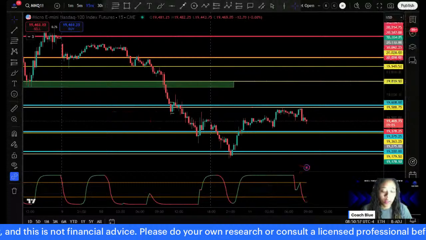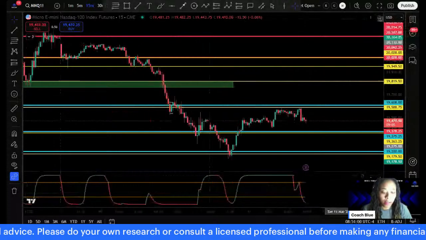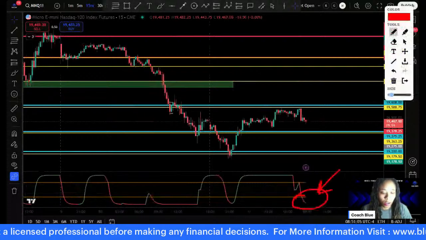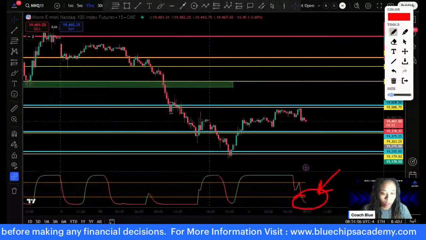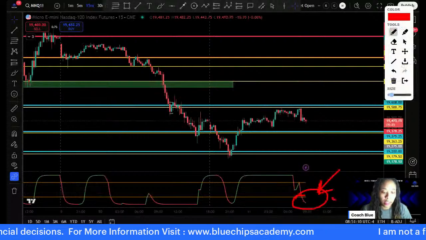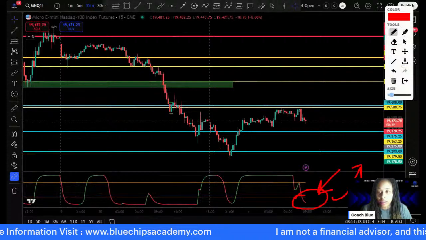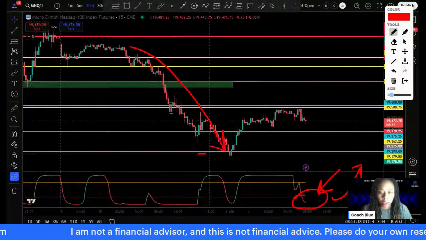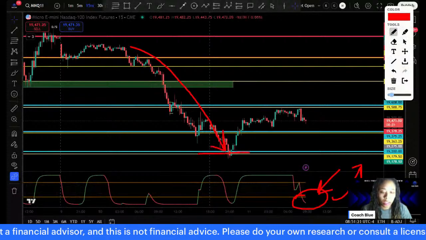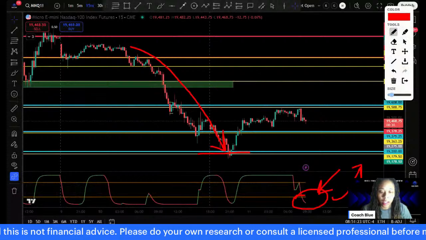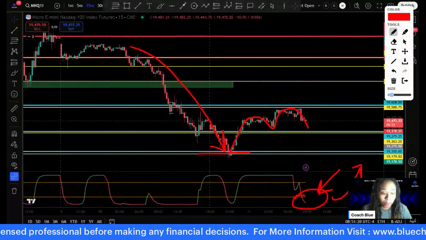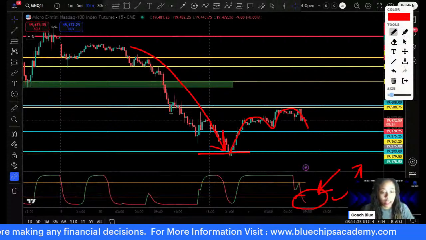bias for the day. So in this case, right now, if we look at the 15-minute chart, price is oversold. Price is oversold. Okay, so that means that we're looking for potential buys. Okay, now we do have to take into consideration price has been moving down for quite some time here. It found some support at this 19,179 level. Okay, found some support here, and now it's back into a range. So I would like to see how price responds. Okay, how price responds either here,